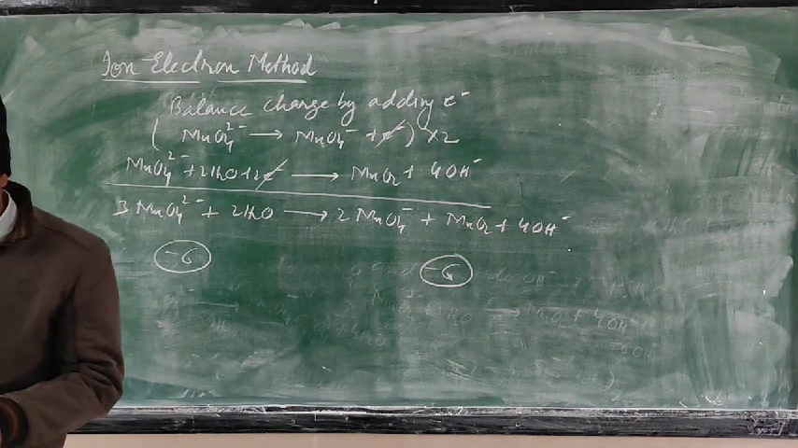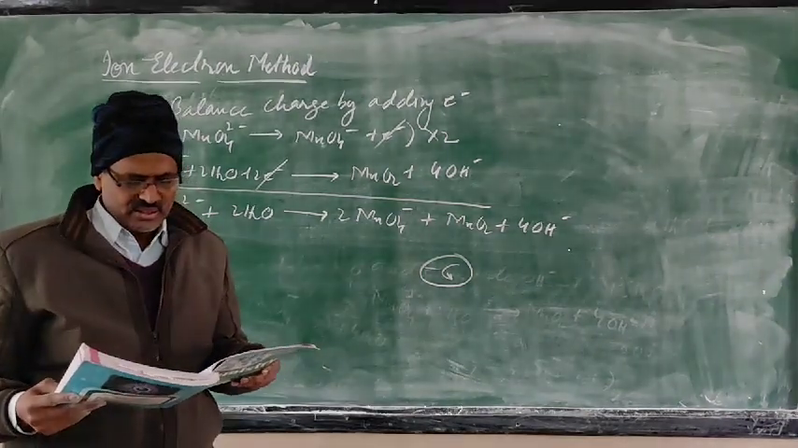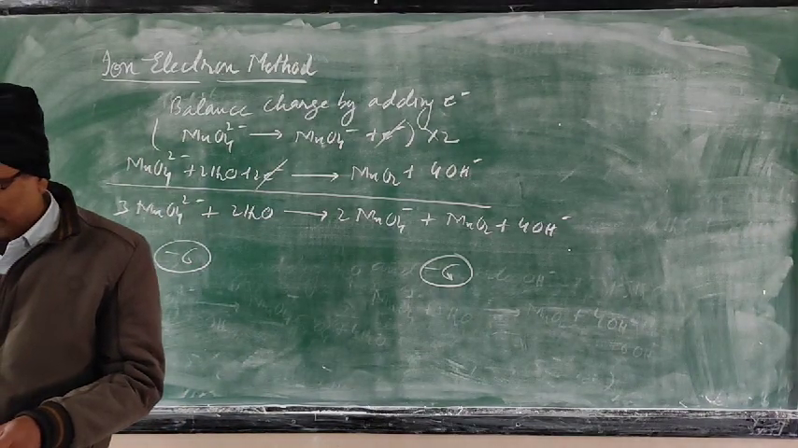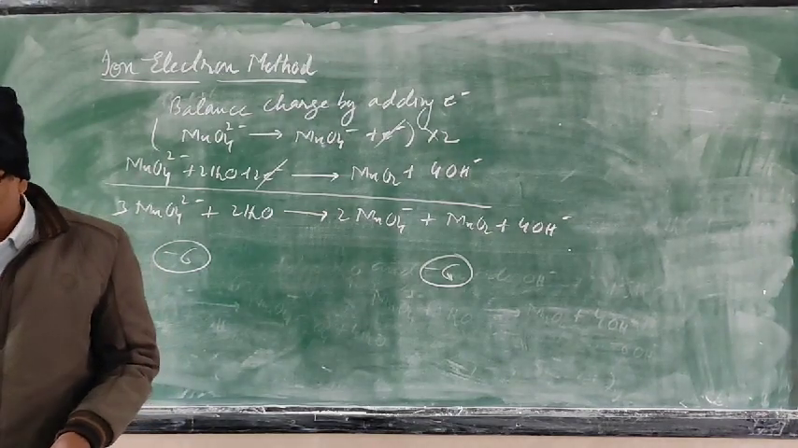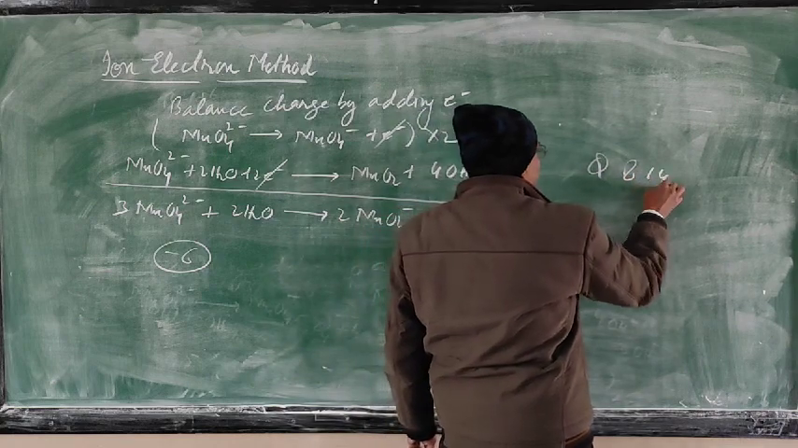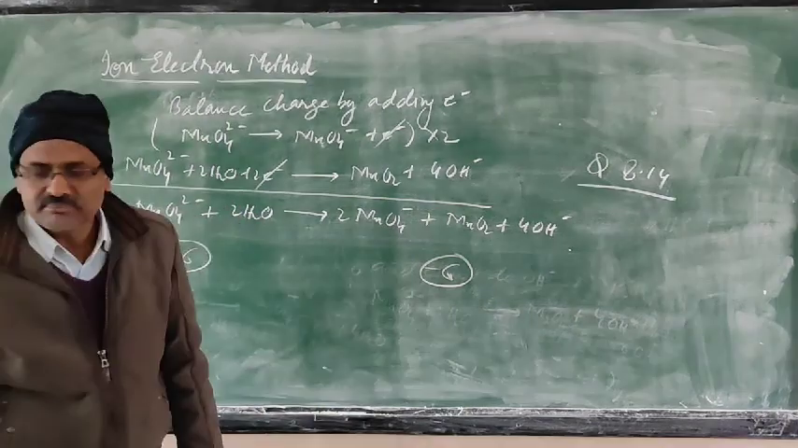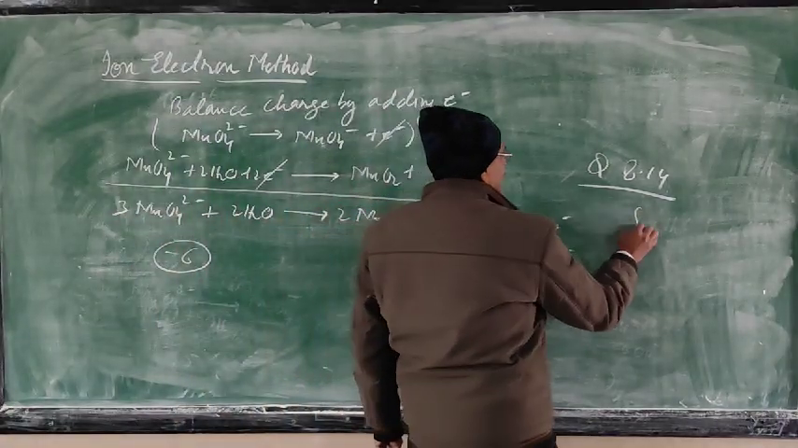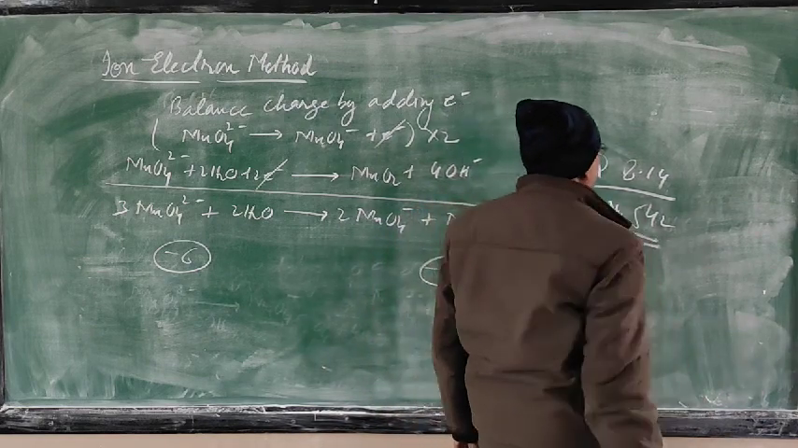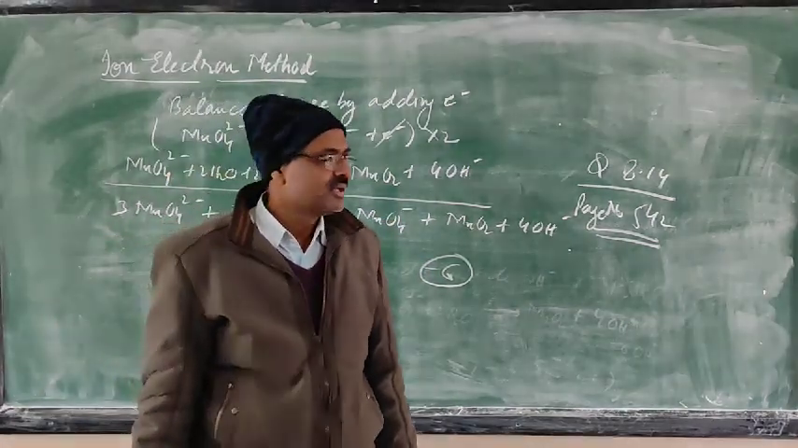So in the review exercise, this question is given: balance the following equation by ion electron method. So this question 8.14. You can solve it from the review exercise that is given on page number 542. So this you can solve it, and if you are facing difficulty, since you are coming to the school, you can ask me. I will clear your